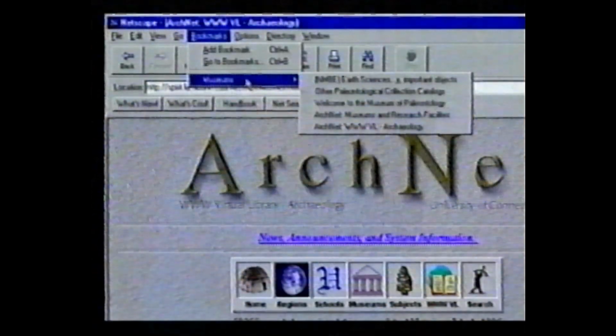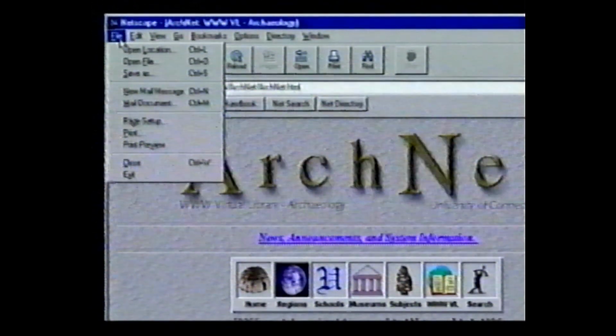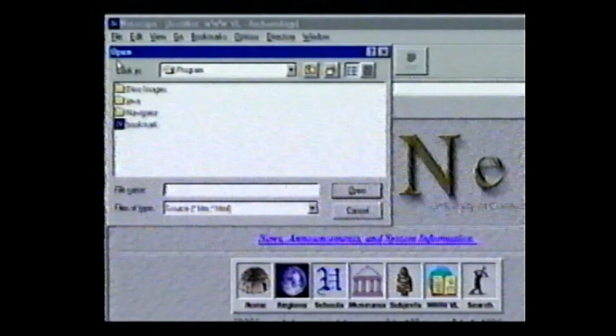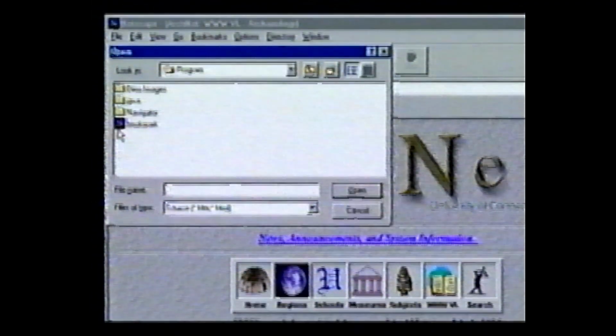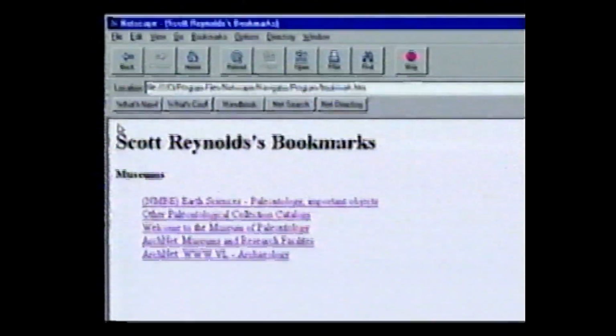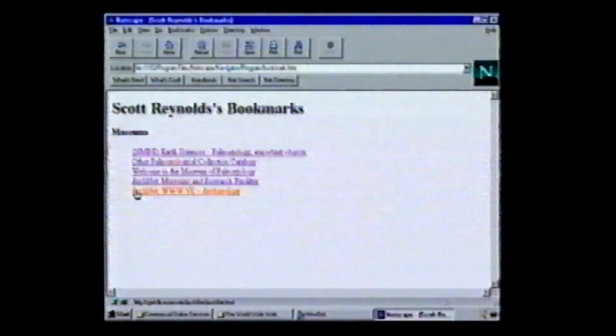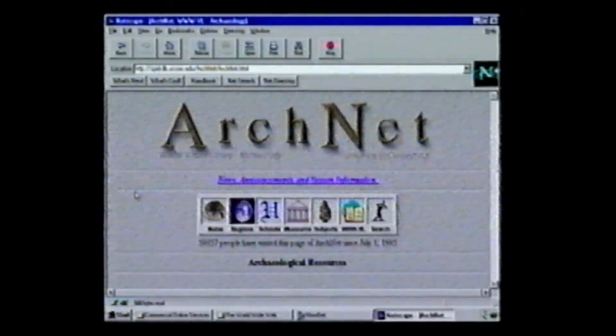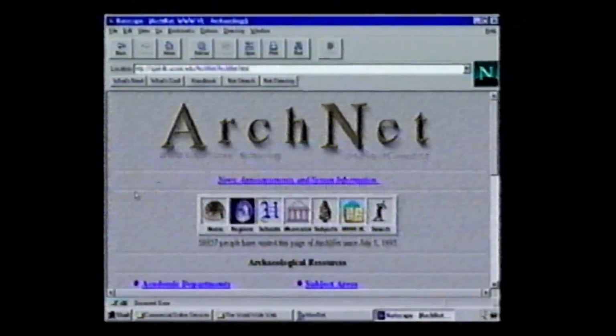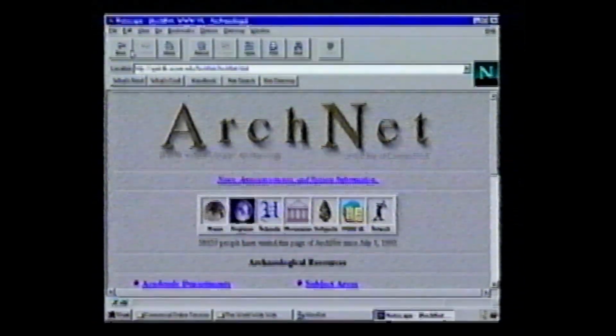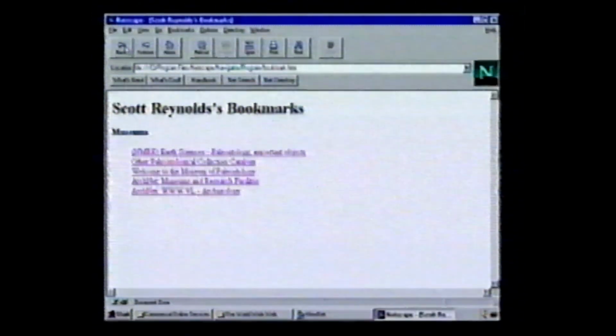Now let's take bookmarking one step further. Let's create a page that contains our bookmarked list of favorite places. We open the File menu and select the Open File option. We double-click on the bookmark file. Our bookmark file opens and looks like a web page with a header and subcategories. We click on the ArcWWW hypertext word, and we are hyperlinked to our web page. Click on the Back button, and we move back again.